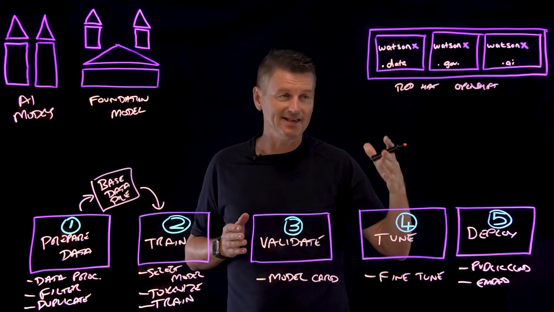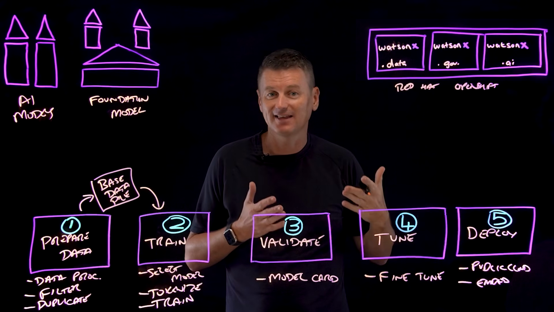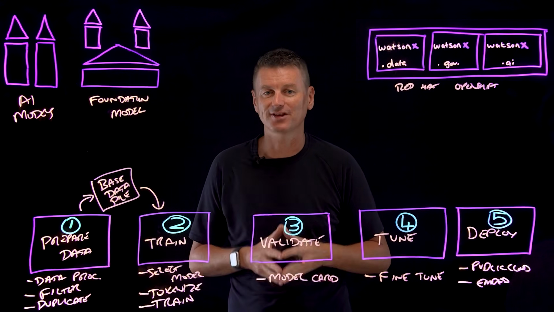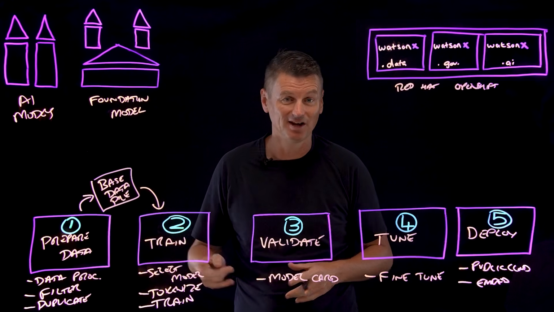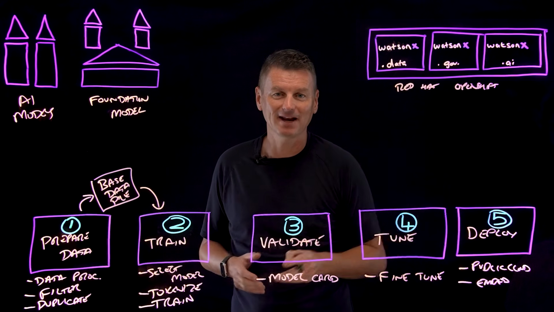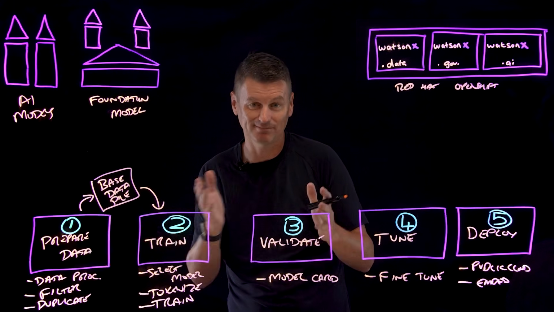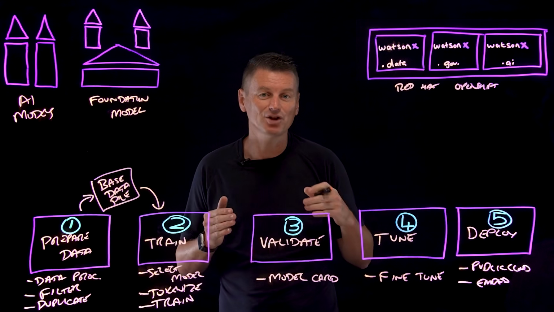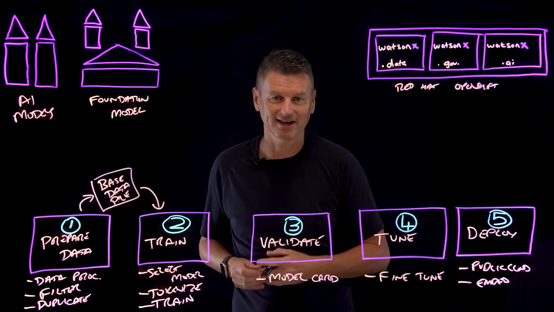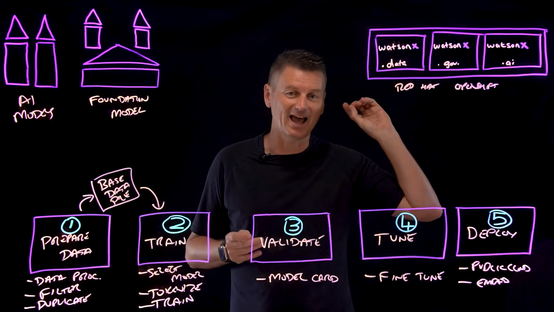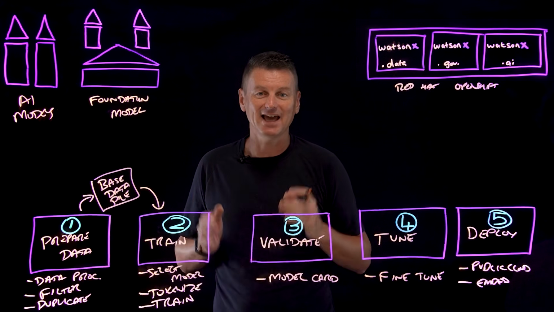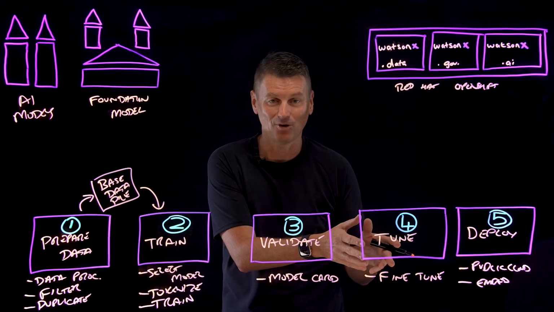Now, watsonx.data, that is a modern data lakehouse, and it establishes connections with the data repositories that make up the data in stage 1. watsonx.governance manages the data cards from stage 1 and the model cards from stage 3, enabling a collection of fact sheets that ensure a well-governed AI process and lifecycle. And watsonx.ai provides a means for the application developer persona to engage with the model in stage 4.